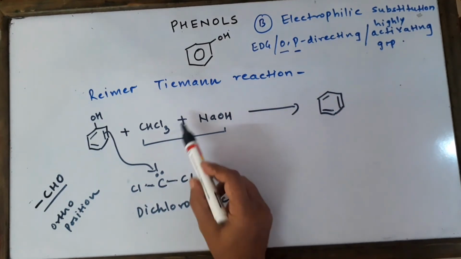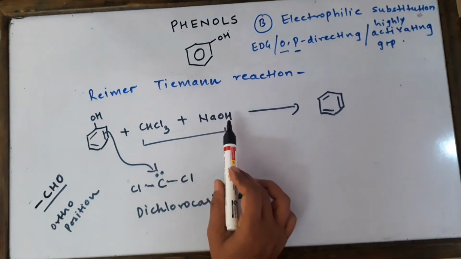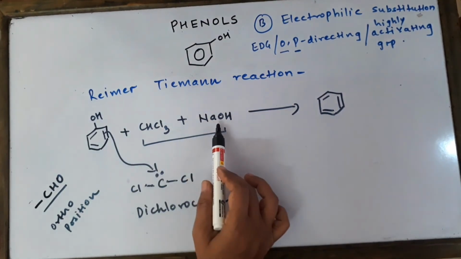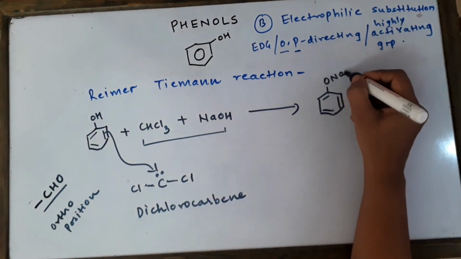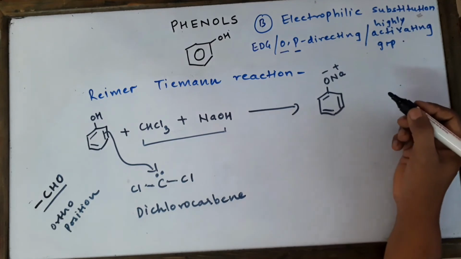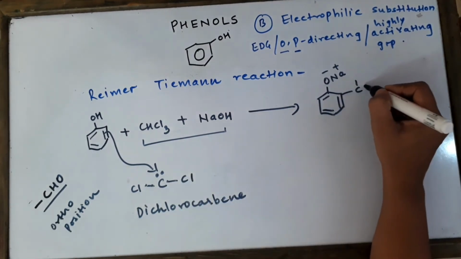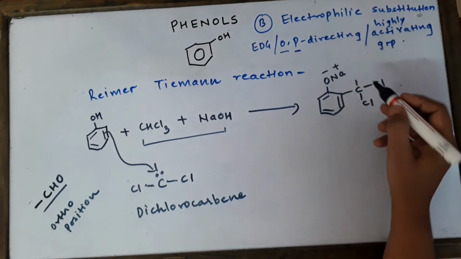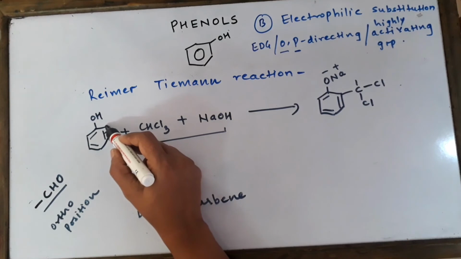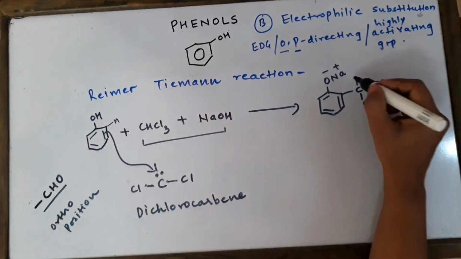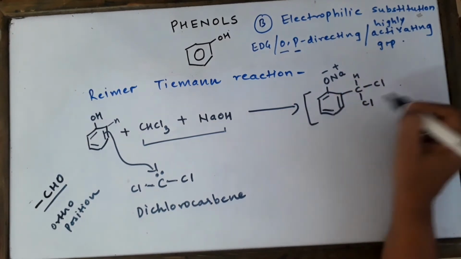And phenol is reacting in the presence of sodium hydroxide, which is a base. So definitely the acid and the base will react to form a salt. So you will not write OH here, you will write ONa, O minus and Na plus, and the attack has taken place. So we'll get CCl2, and the 2 electrons which were there, they will be bonded with the hydrogen which is coming out from here. So that hydrogen gets bonded over here. So this species is the intermediate which is formed.